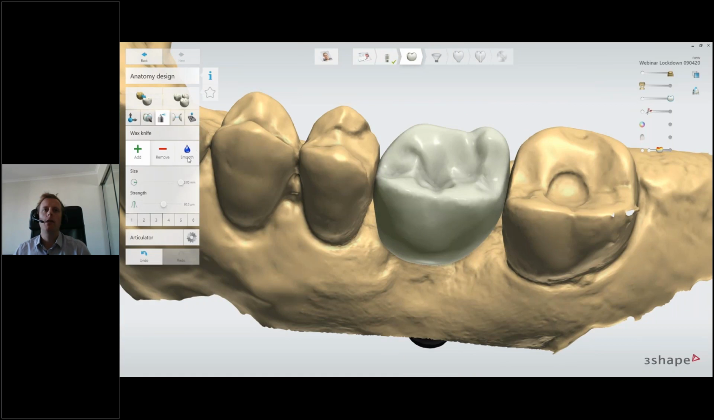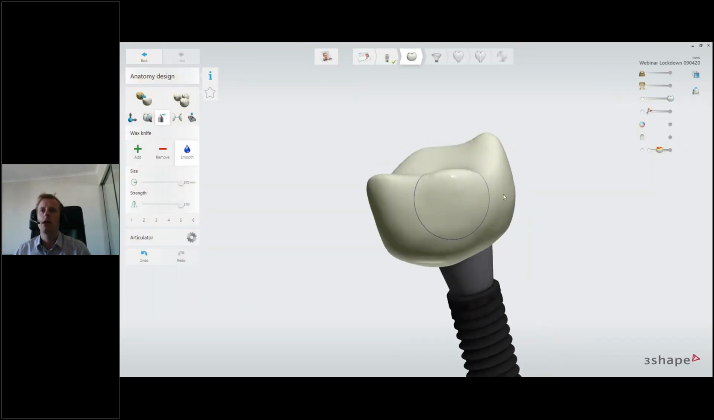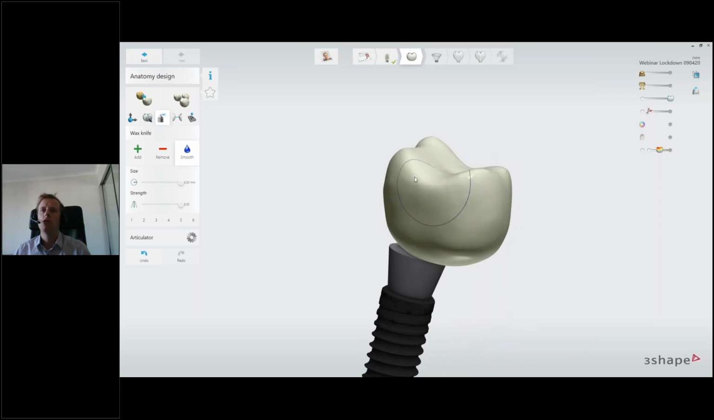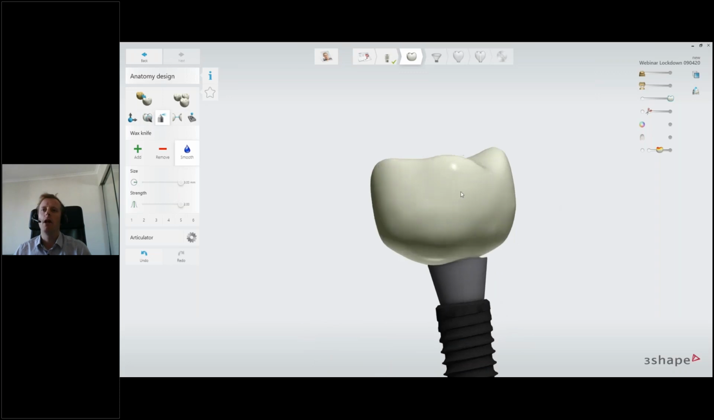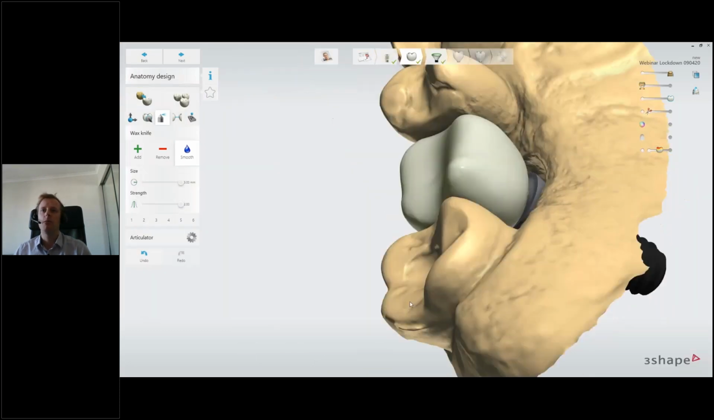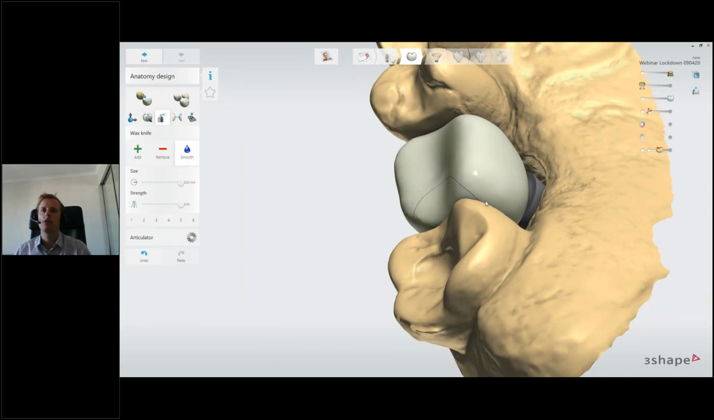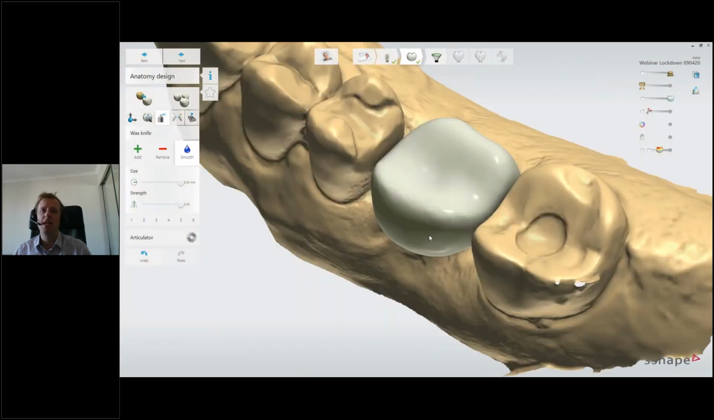And then I can get the wax knife, go smooth, make it really big, and just remove all the anatomy. So it's a fairly dull crown. Maybe I can hide my neighbors. I can just say this is going to be a very smooth crown, purely for the purposes of a custom healing abutment. So that's done. There's my generic shape, maybe just a touch off there and a touch off there. If you wanted to, you could add more detail, but again, for the purpose of a custom healing abutment, not really necessary. Then we'll say next,